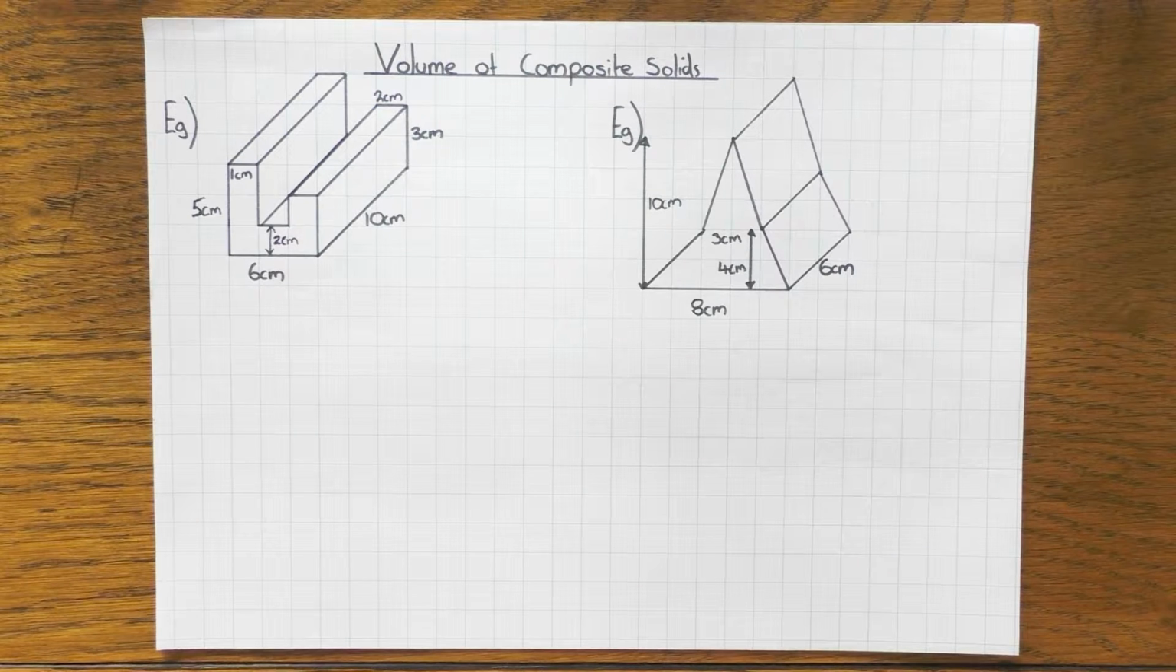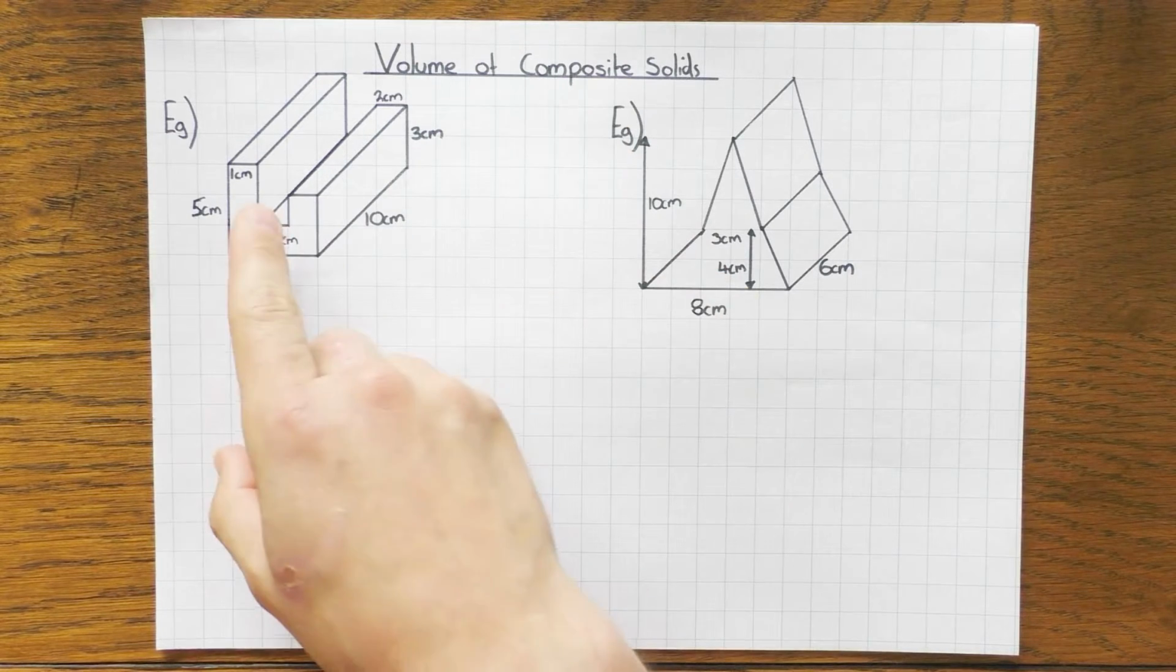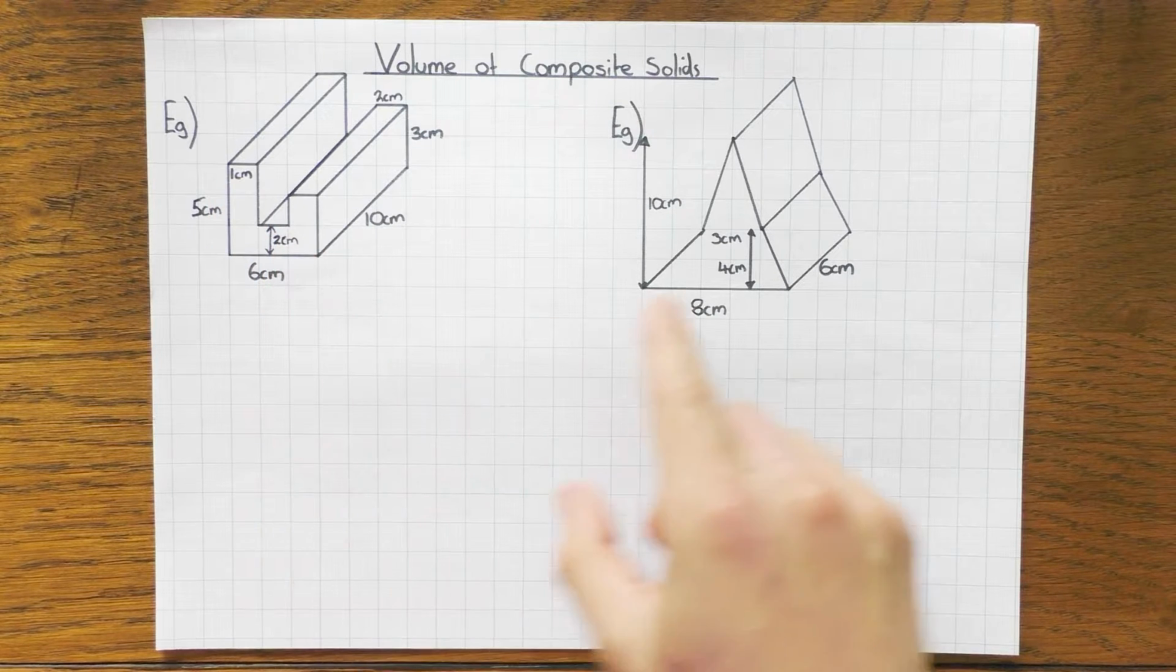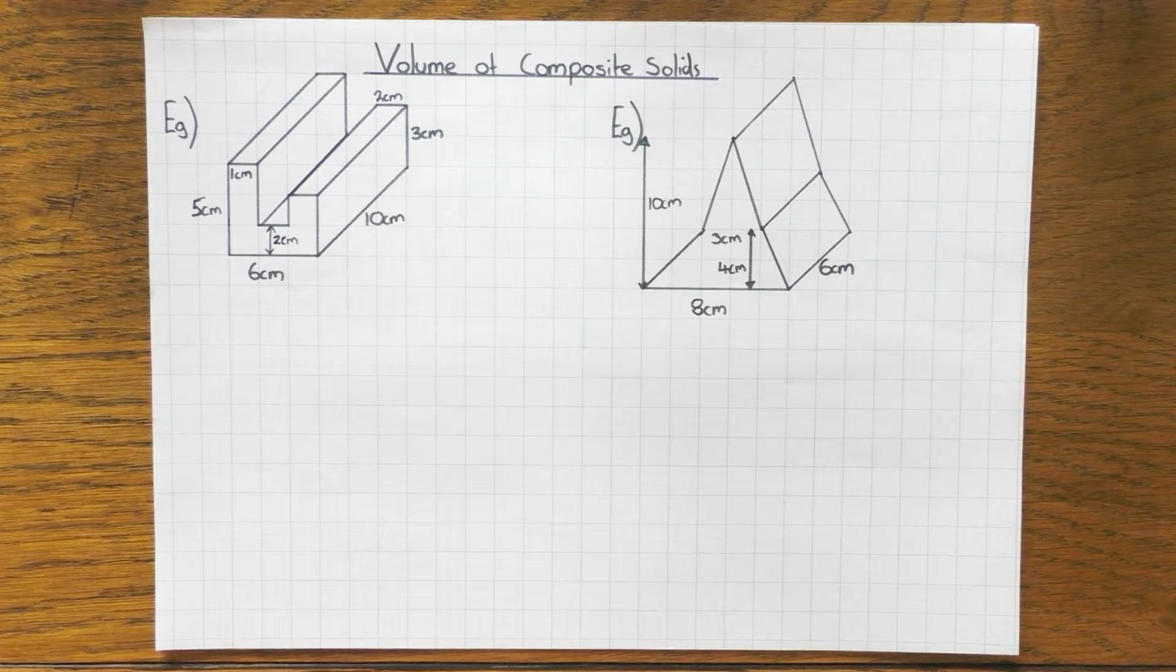Hi guys, in this video we're going to have a look at volume of composite solids. So basically it's carrying on from our volume of prisms, except that instead of just being a rectangle or cuboid or a triangular prism or a trapezoid or a cylinder, composite solids just means that we've got shapes that are made up of 2 or 3 rectangles or a trapezium or a triangle, but we're still trying to work